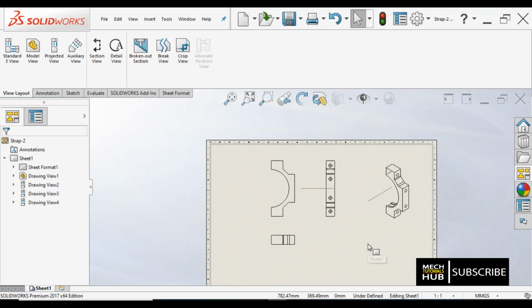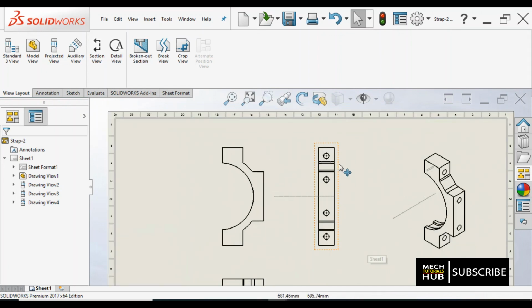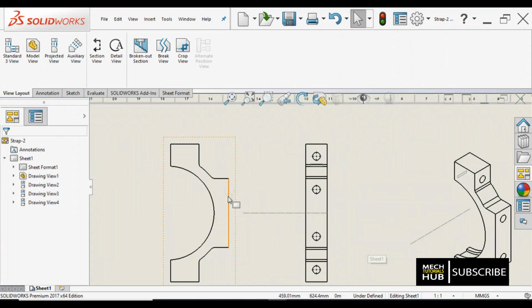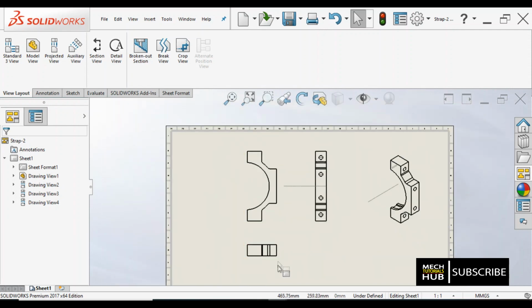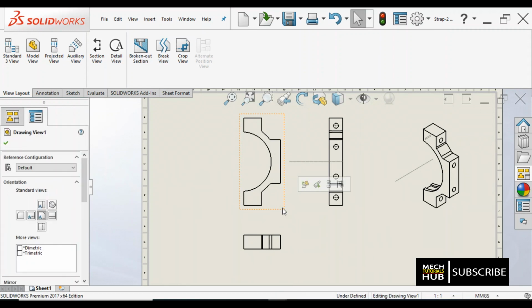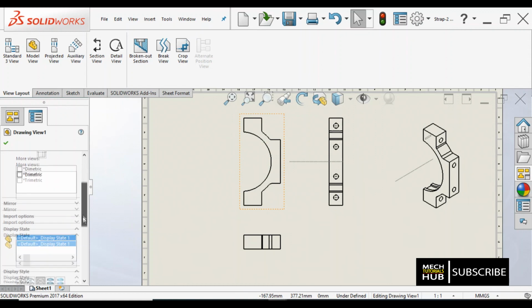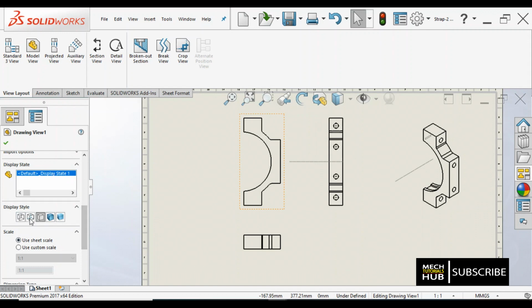Now after coming into the drawing sheet, we have developed different features in the 3D model. Those features are visible in this view, but not visible in this particular view. They are supposed to be visible with hidden, invisible edges. So I'll select this view, orange color. When it turns orange, click it here with your cursor. Once you click here, you find a ribbon. On this ribbon, you can make changes to this particular view.